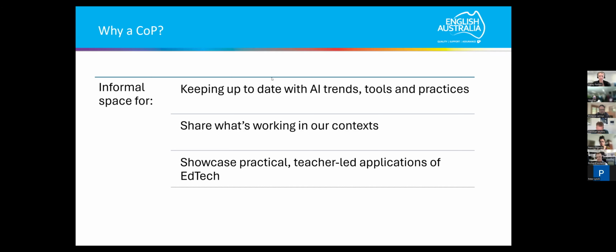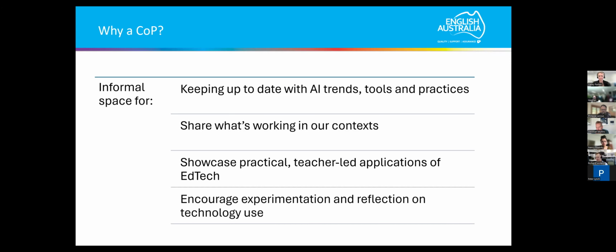Practical applications is another keyword here, always thinking of practical takeaways that you can implement readily in your class. This is especially for those who have not started yet playing around with AI and technology, having this space to experiment, discuss, and reflect on the use of technology.